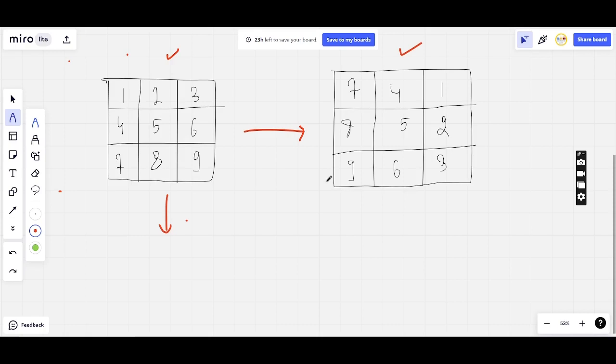Now this matrix is rotated in clockwise direction by 90 degrees, right? It's rotated in clockwise direction by 90 degrees. So what we have to do is rotate this matrix. Let's see how we can do that. Now, the first step to change this matrix to this matrix is to first take the transpose of this matrix. Why? So let's take the transpose of this matrix. It would be,